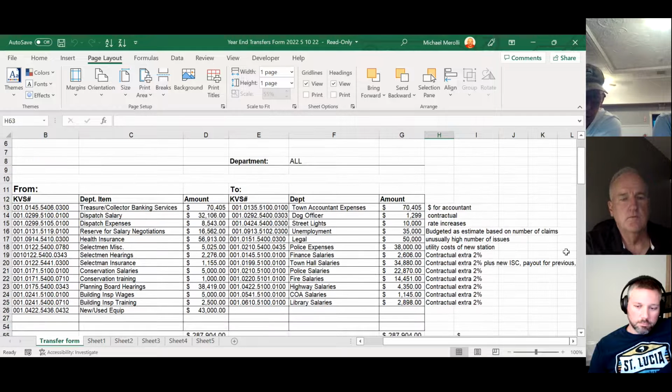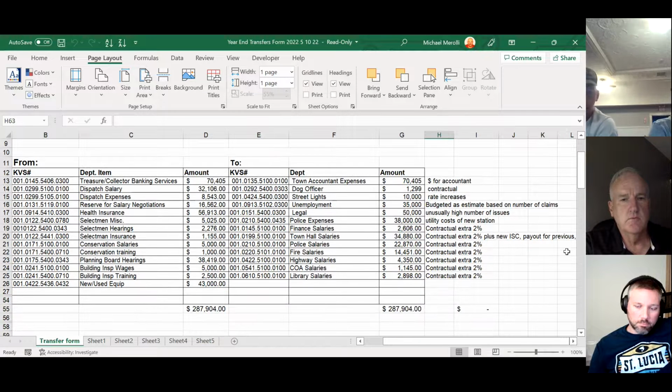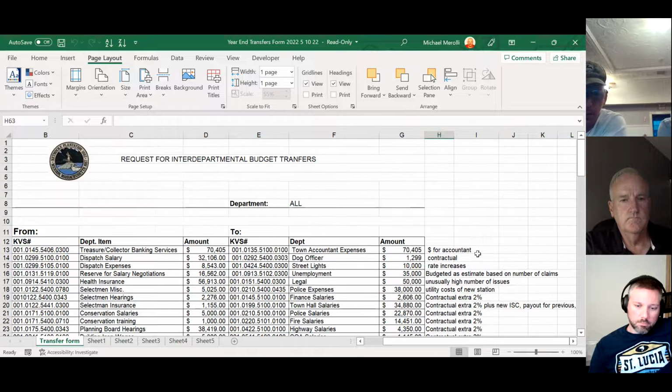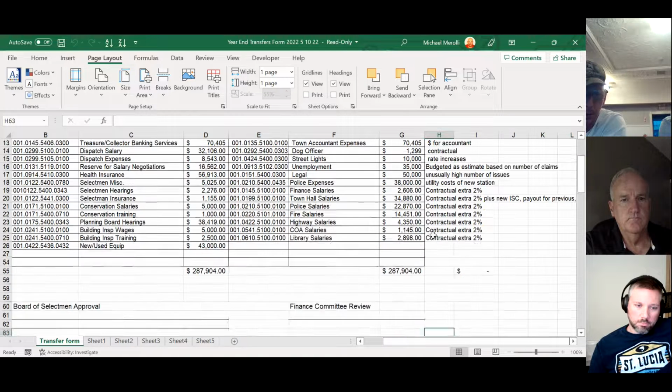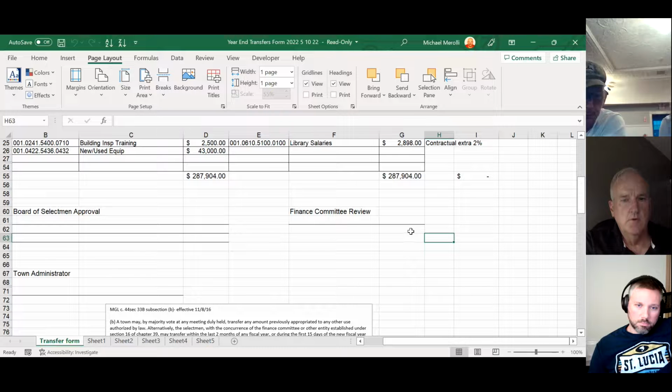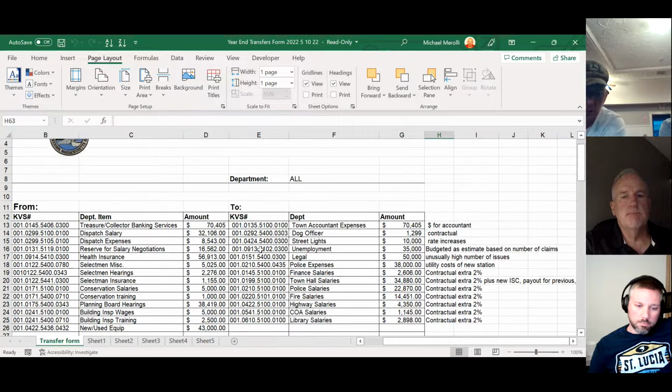Yeah, I think we'd be making a motion, Jack, to approve the 287,904 as outlined in the document. The document has a date to pull from, but it doesn't. Yeah, it'd be today's date. This has already been approved by the select board. But obviously both boards and committees need to approve it. So this document is not the document that I sent you guys, just so you know. This document is the document that Mike just sent to us. Just so we don't get confused.